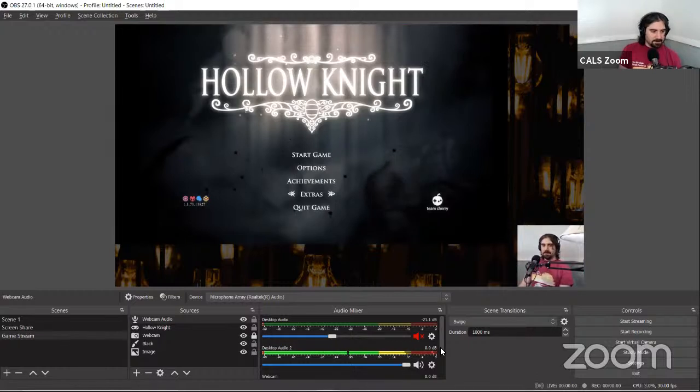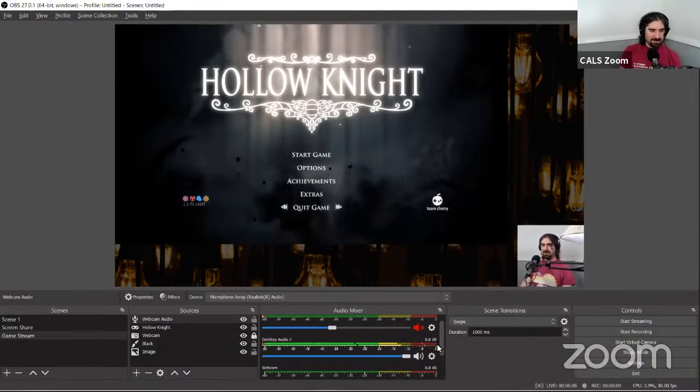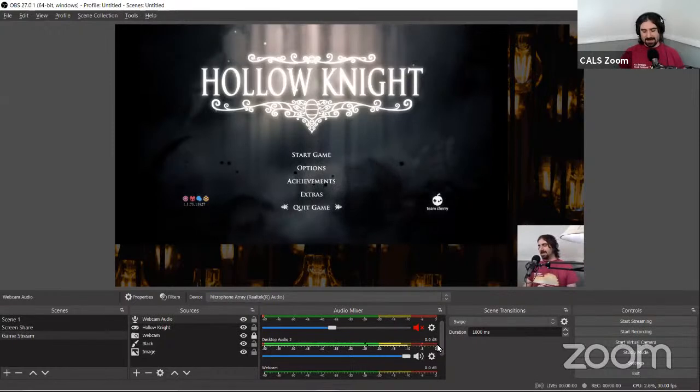Okay, so let's take a look at this a little more closely. What we've got here is our levels. Your levels are set up in decibels, and they go from, I'm going to say that's negative 60, although it's hard to tell, all the way up to 0 decibels. I know that sounds a little weird, but basically when you're dealing with audio levels like this, one of the main things that you want to